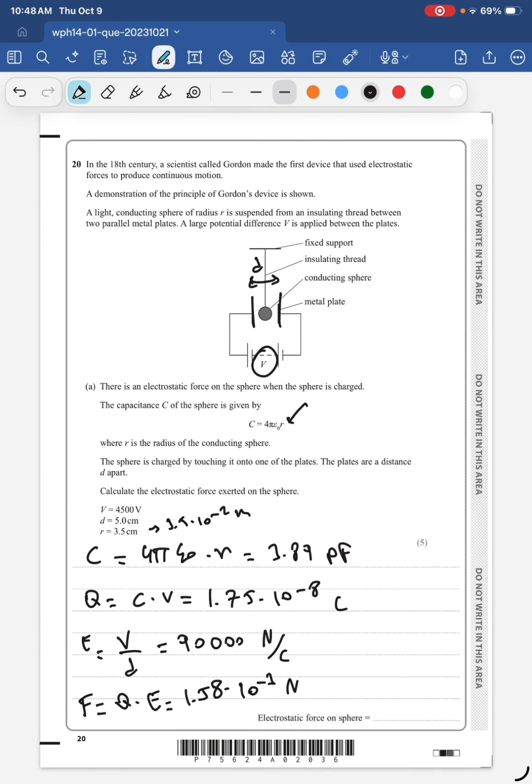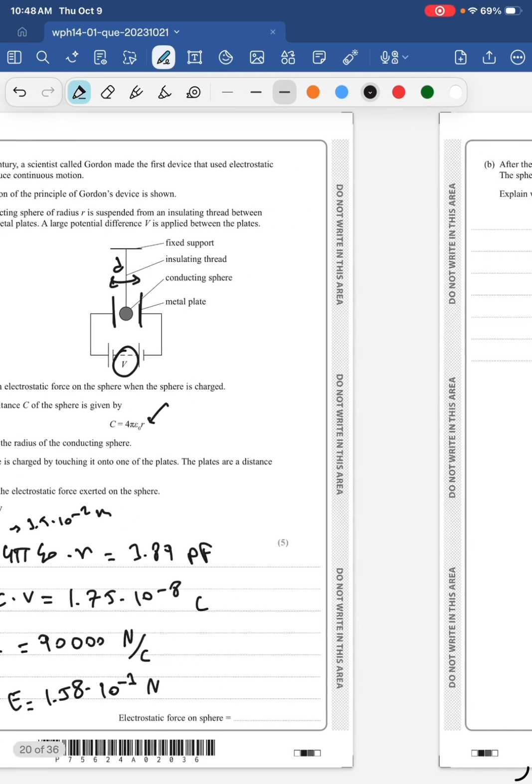And then since you are given the distance between the plates and the voltage, you can calculate the electric field between the plates. And then just by using Q times E, we can find the force, okay? So even if you don't know anything about the problem, you can kind of work your way around this problem just by using common sense and the formulas from the back of the paper. Anyway,